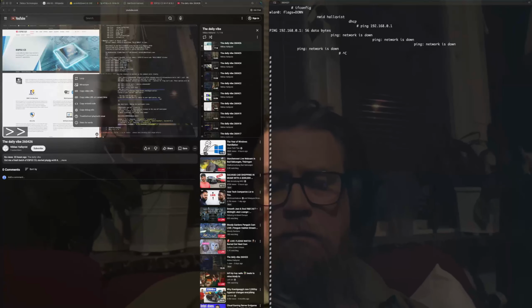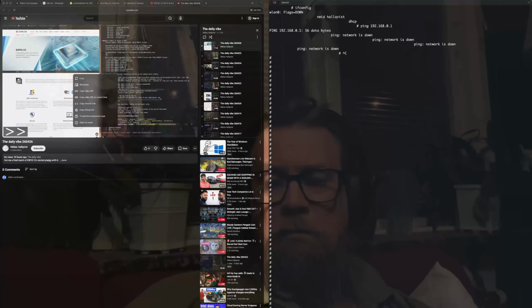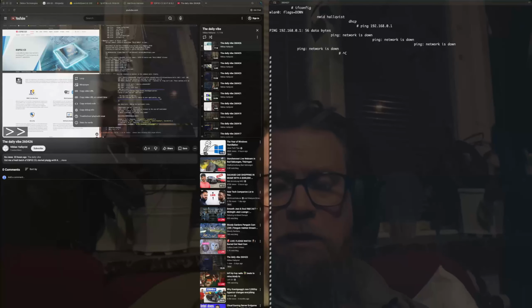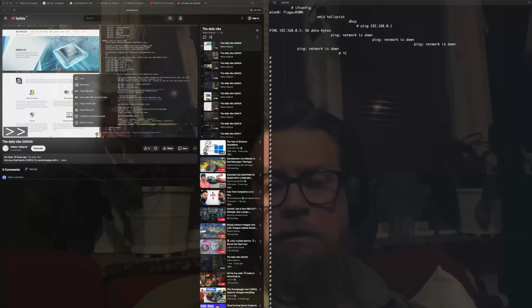Okay, I configured it again. Unfortunately, Codex did not succeed in making a scan operation that worked.